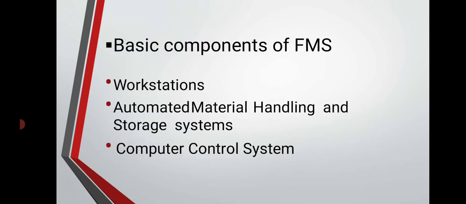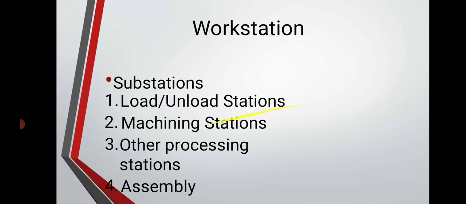Basically, the flexible manufacturing system has three types of components, the first one being workstations. The workstations or processing stations used in FMS depend upon the types of product manufactured by the system. In metal cutting or machining systems, the principal processing stations are usually CNC machine tools. In addition, FMS may include several other machines for completing the manufacturing.